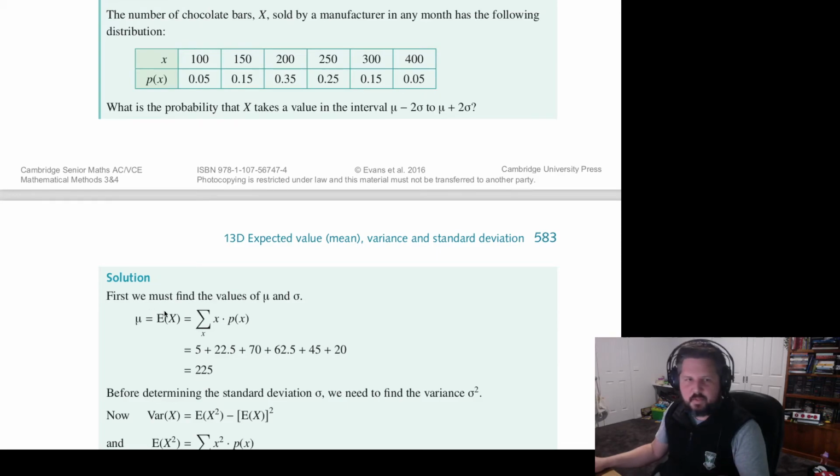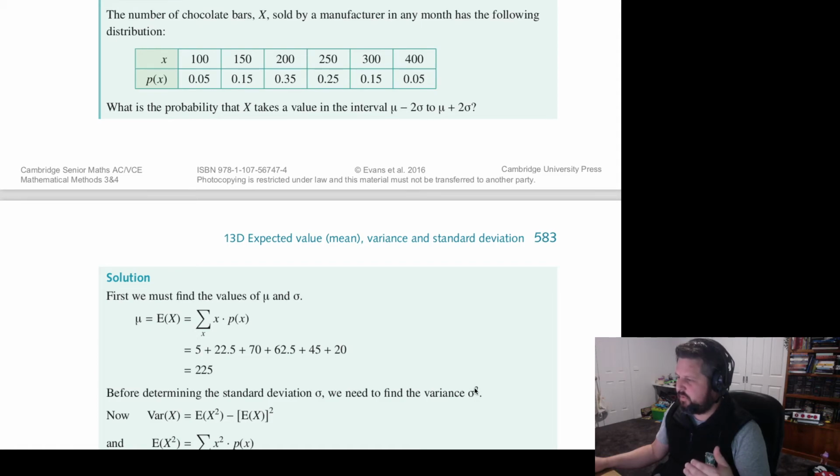It says first we must find the values of mu, so the mean, and also the standard deviation. So to calculate the expected value of x, or the mean, what we need to do is multiply each of these together, and then obviously sum that response. We get 225. Next, it says before determining the standard deviation, which is sigma, we need to find the variance,